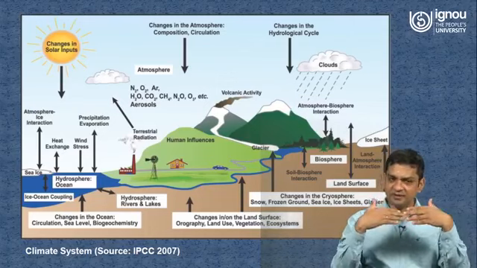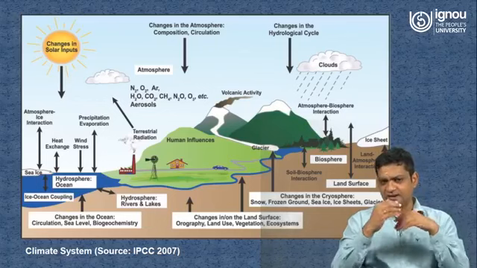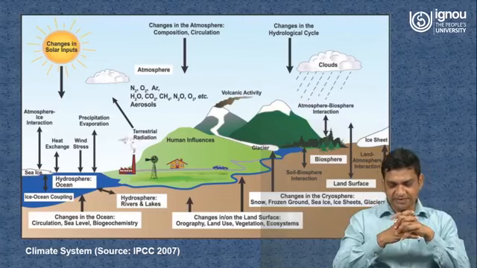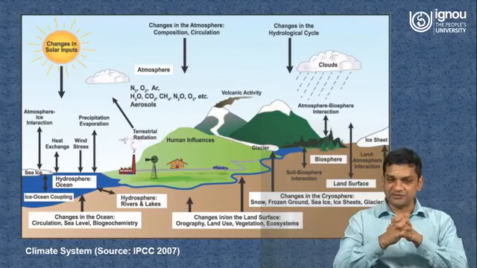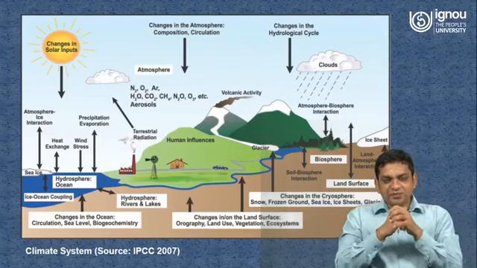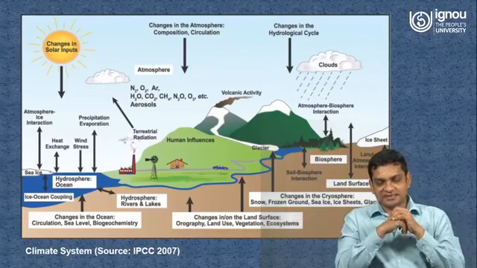And we know fully well that water vapor is a very important greenhouse gas, and of course the concentration varies, and on average it will be around 1%, 1 to 5%. But it is a very significant greenhouse gas. Next important system as far as the climate system is concerned is the